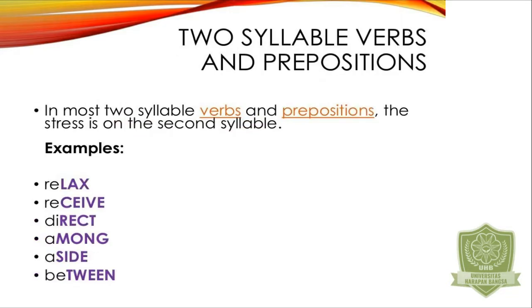And then the next is two-syllable verbs and prepositions. In two-syllable verbs and prepositions, the stress is on the second syllable. On the second syllable for verbs and prepositions. The examples: